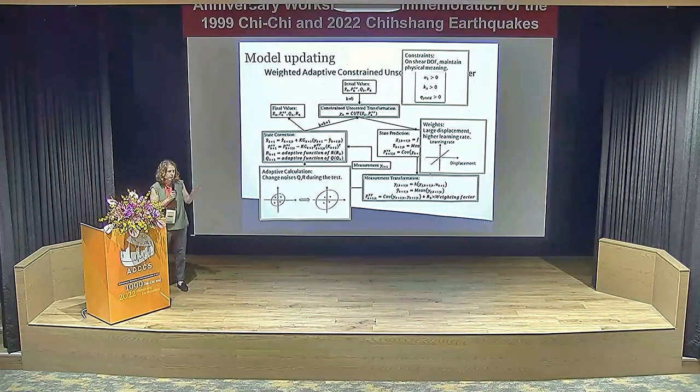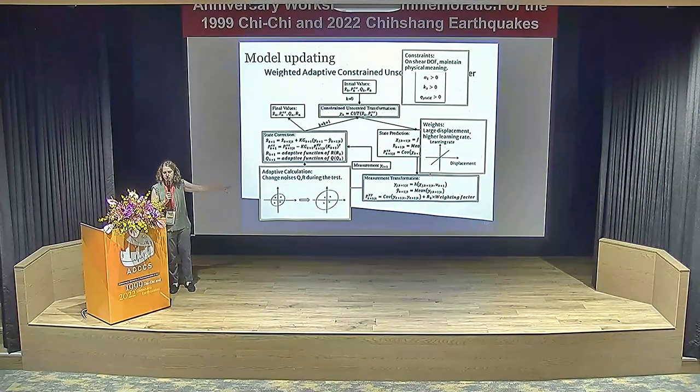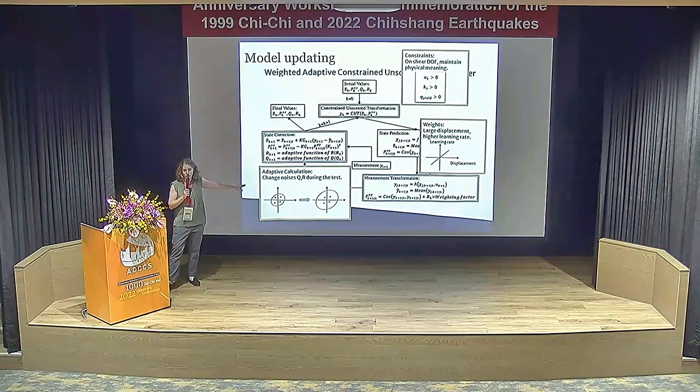And then this last term is this adaptive calculations. And so we have two parameters here, Q and R, and those are for our process noise and our measurement noise. And this is really helping you determine if information is noise or new behavior that you haven't seen before. And it's quite tricky to really tune these. And so the adaptive portion of this helps it so that you are not quite so stuck with your initial parameters. But even so, your initial choices for these Q and R actually tend to be very important to your